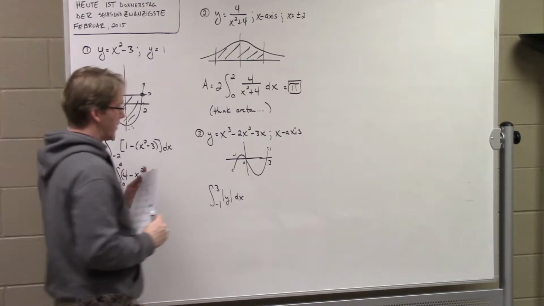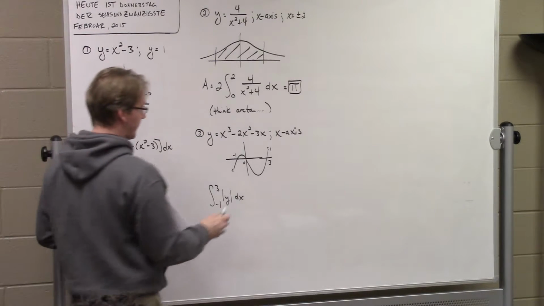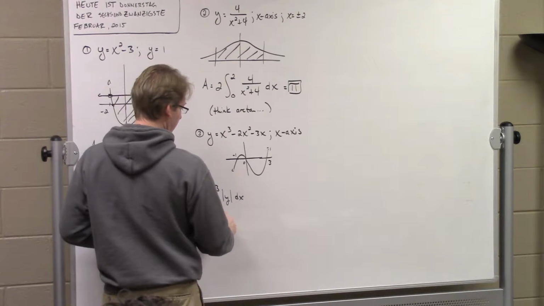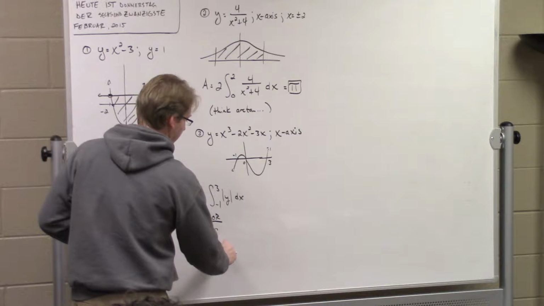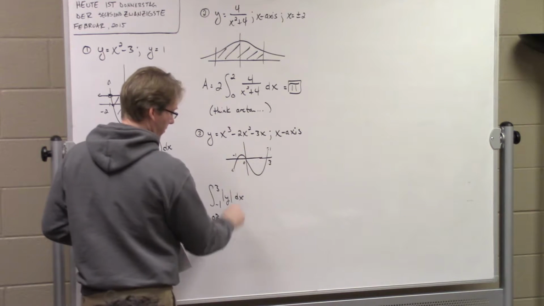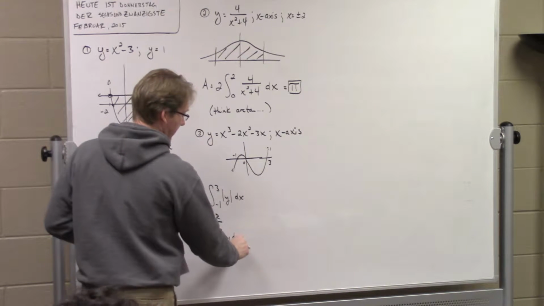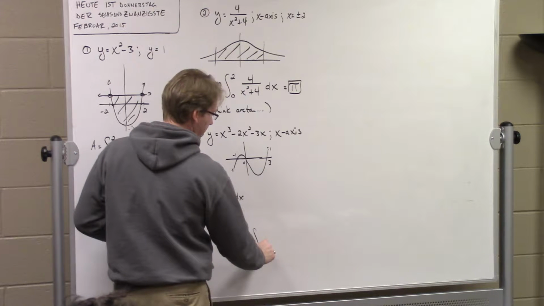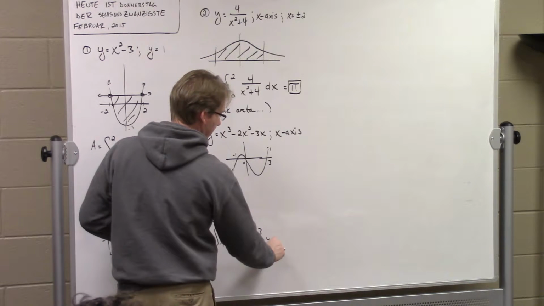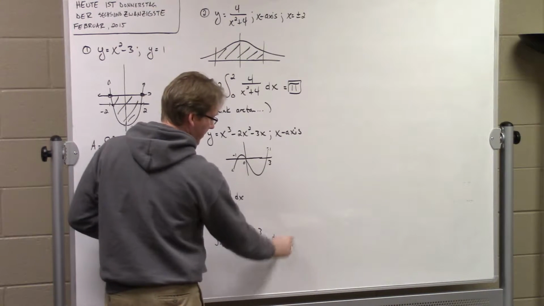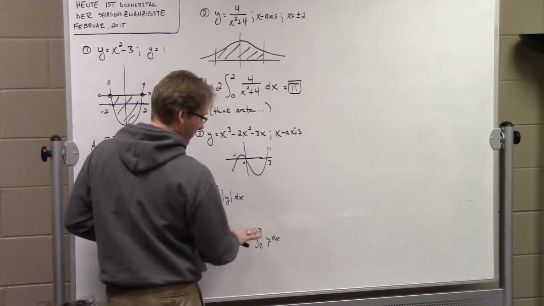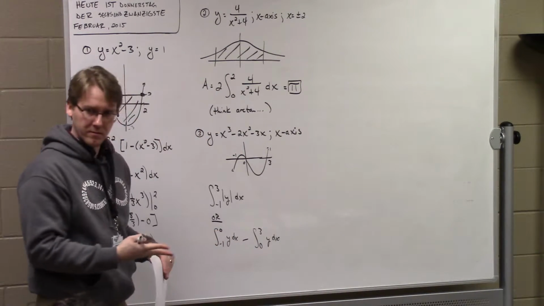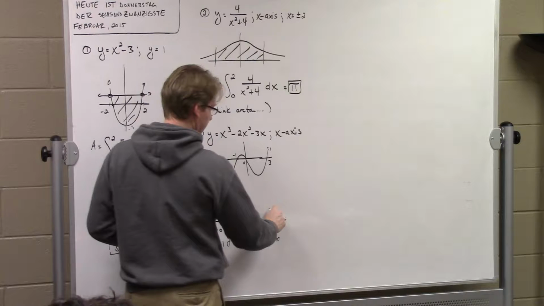If you wanted to do this one without a calculator, you would just do the top: you would do from -1 to 0, get that answer, and then minus it. Do 0 to 3, get that answer. You know this is going to be negative, so make it positive, all right? Both of these will give you the same answer of